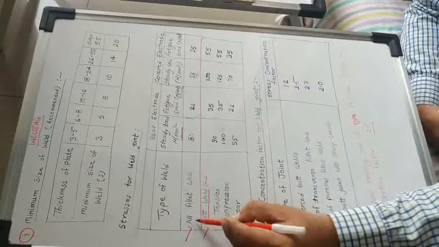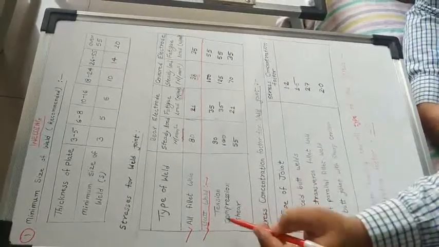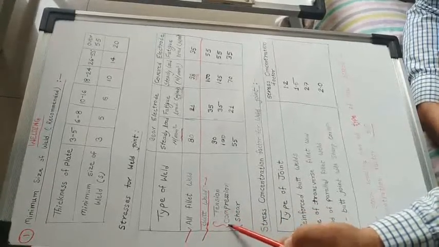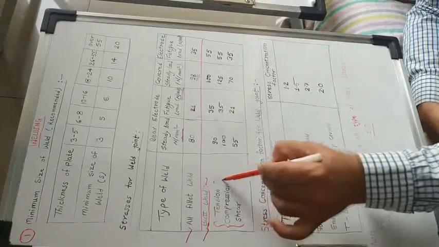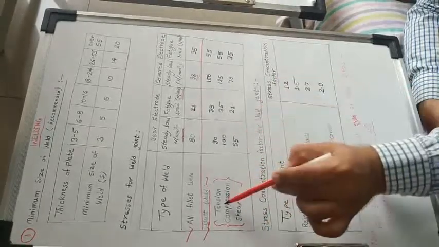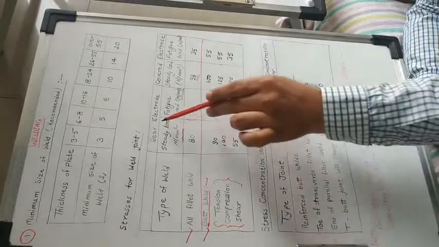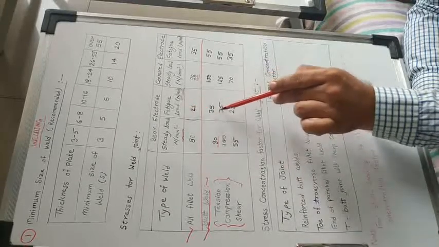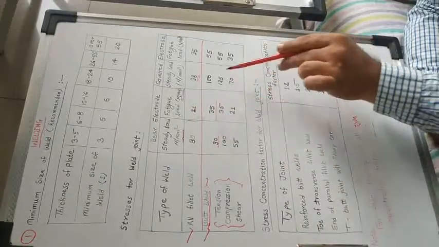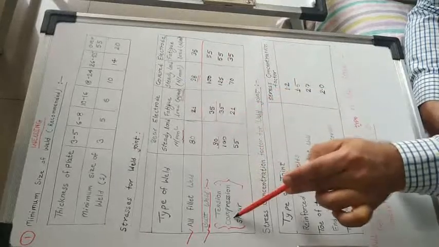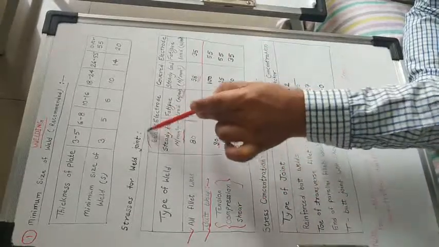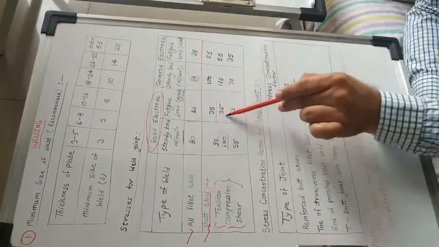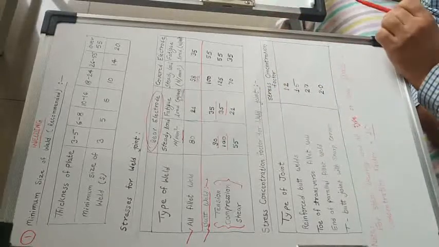In the same way, for butt welding we have 3 different stresses. Tensile stress is taken separately, compression and shear are all taken separately. For butt welding, tensile stress we consider for a bare electrode 90 Newton per mm square, and for fatigue load it is 35 Newton per mm square. For compression, we are discussing the bare electrode right now, it is 100 Newton per mm square, and for fatigue it is 35 Newton per mm square.